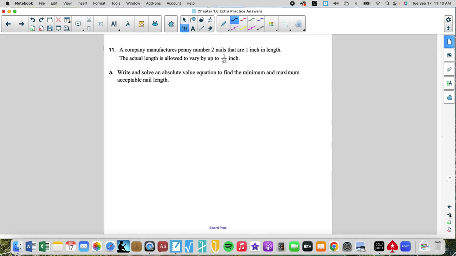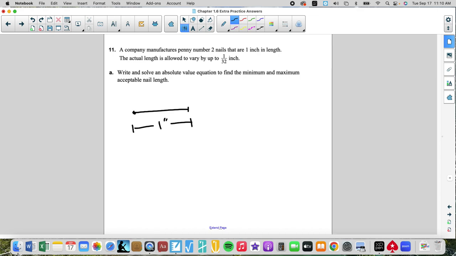A company manufactures penny number 2 nails that are 1 inch in length. Oh yes. The actual length is allowed to vary by up to 1/32 of an inch. Write and solve an absolute value equation to find the minimum and maximum acceptable nail length. So let's think about this. If we have a nail, kind of looks like this, and they are 1 inch in length, and it can vary up to